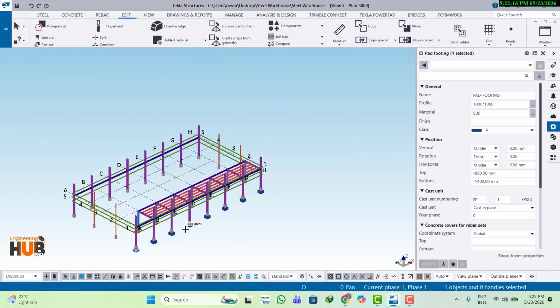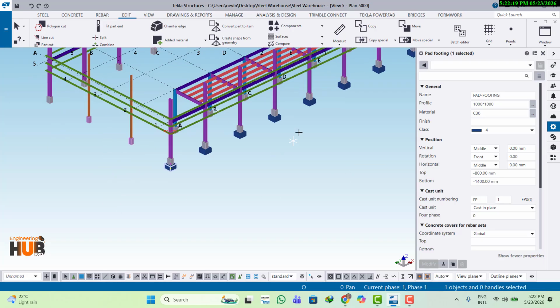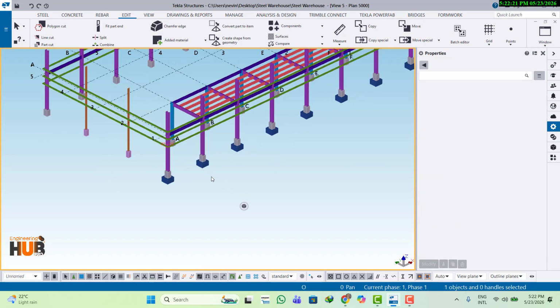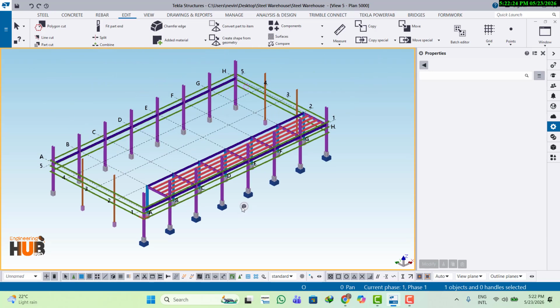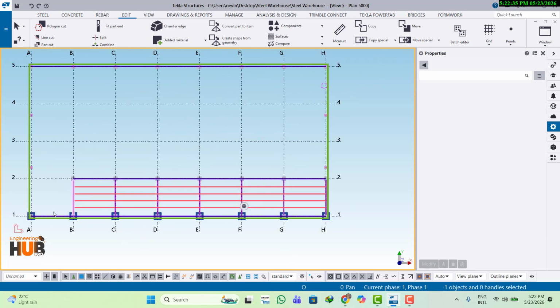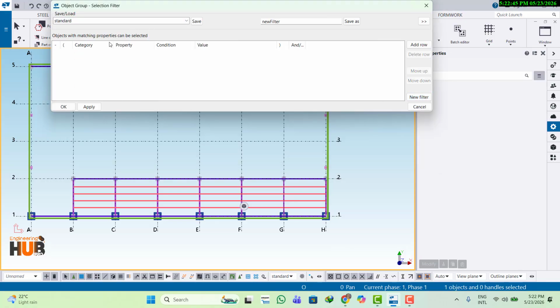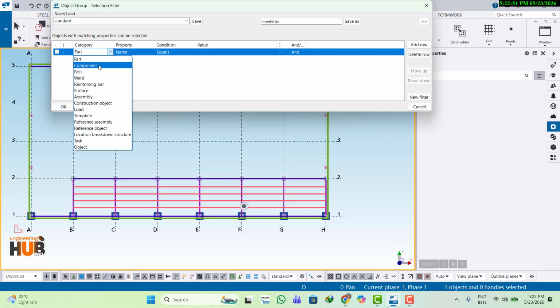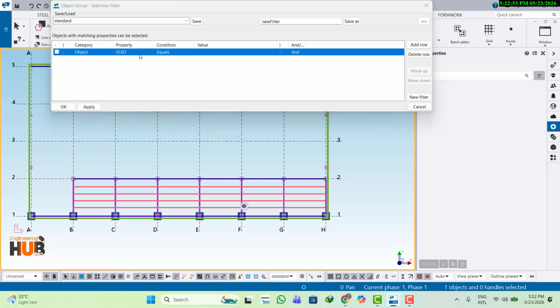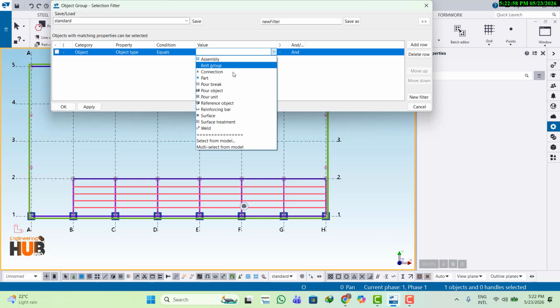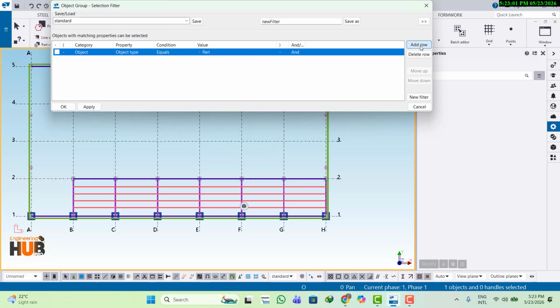Control P. To select this isolated footing under the steel columns, go to selection filter, new filter, add row, object type, part, add another row,